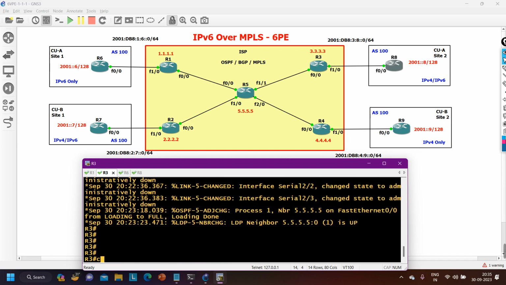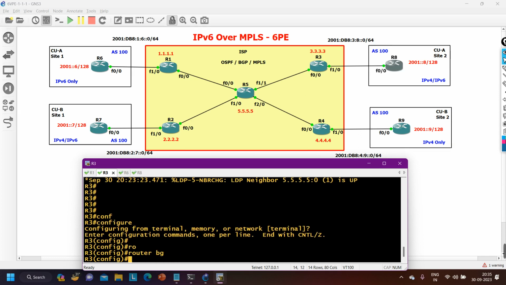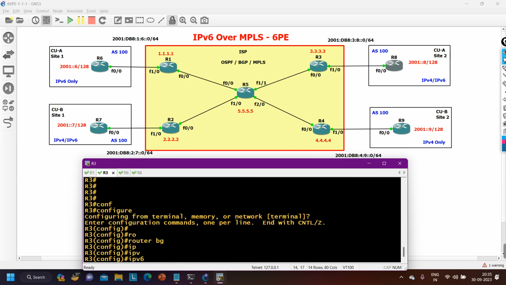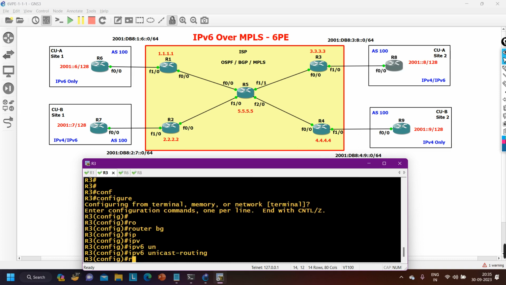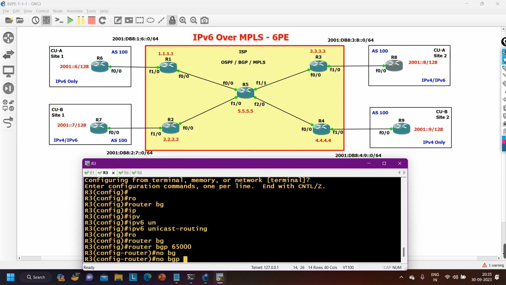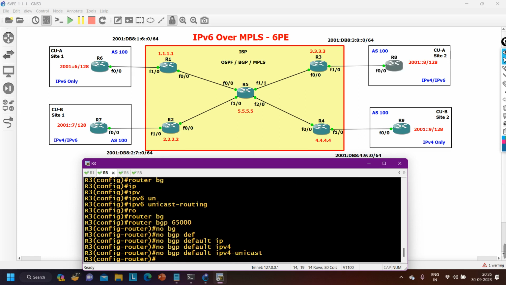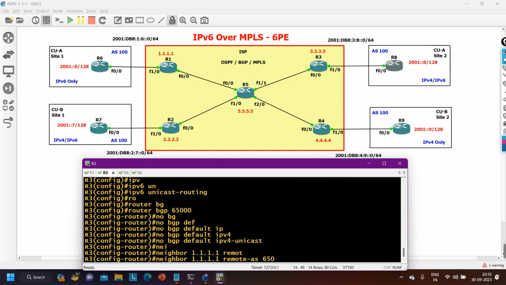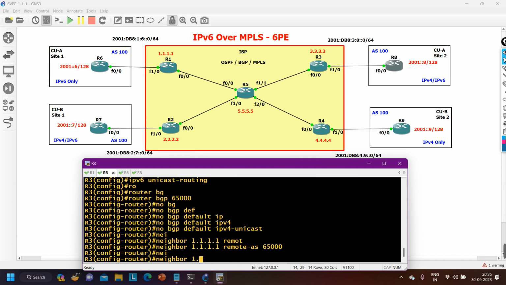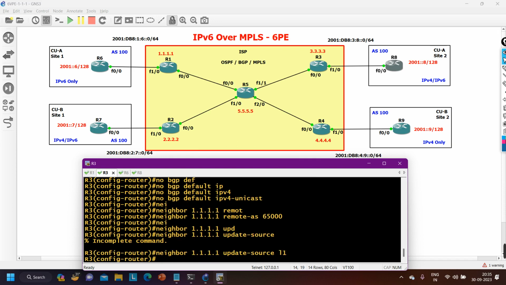After that, on router number 3, before configuring router BGP, let me enable IPv6 unicast routing. After that, router BGP 65000, and then no BGP default IPv4 unicast, and then say neighbor 1.1.1.1 remote AS is again 65000, and neighbor 1.1.1.1 update source loopback 1, and until and unless I activate this neighbor